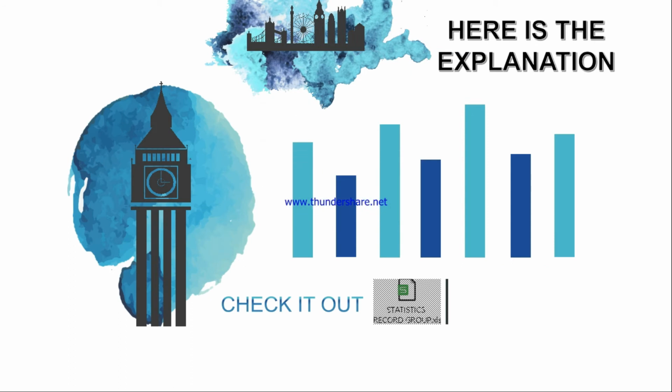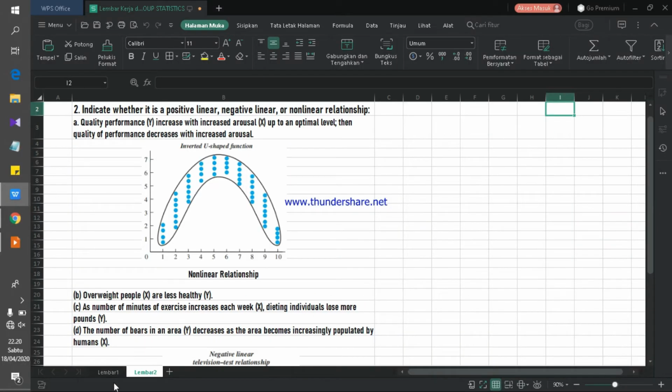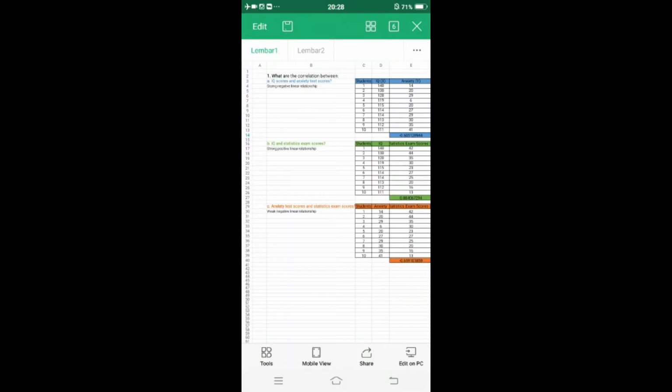Okay, so here is the explanation. You can see our explanation here. And now I want to present about the curve